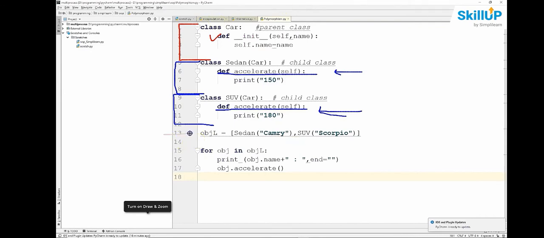Do this in pink. Here's our instances. Oop, that's a little light. Let's do something a little darker than that one. There we go. So we have our instances, and we're going to create one object, which is a sedan, a